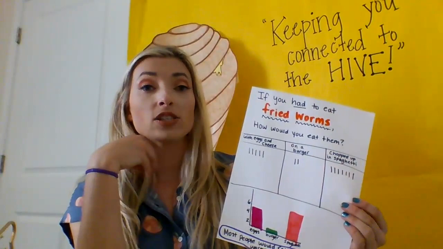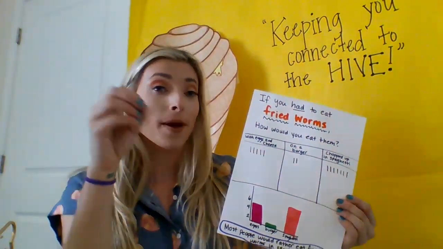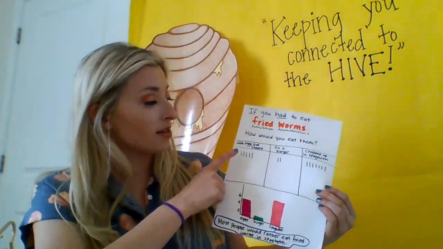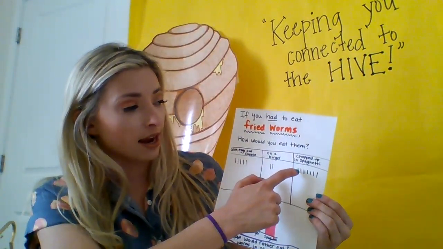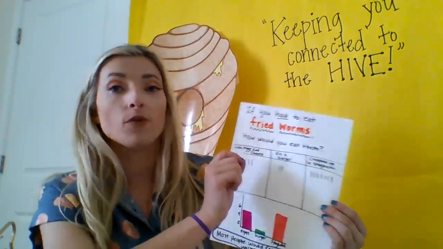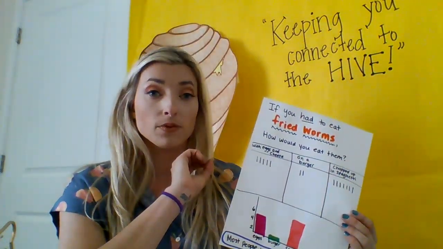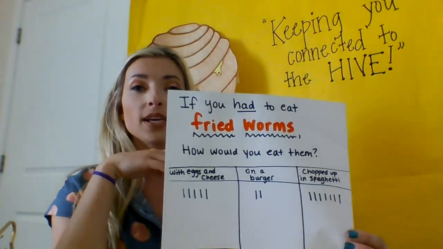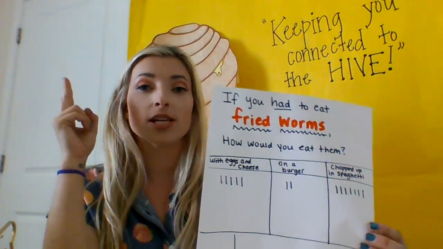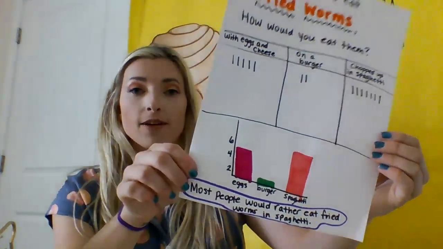So the amount of people that participated in the survey was 1, 2, 3, 4, 5, 6, 7, 8, 9, 10, 11, 12, 13, 14. So I actually surveyed 14 people, so I should only have 14 responses. And this is what it was looking like. So I asked my question, I collected my data, and then at the bottom I made a bar graph.